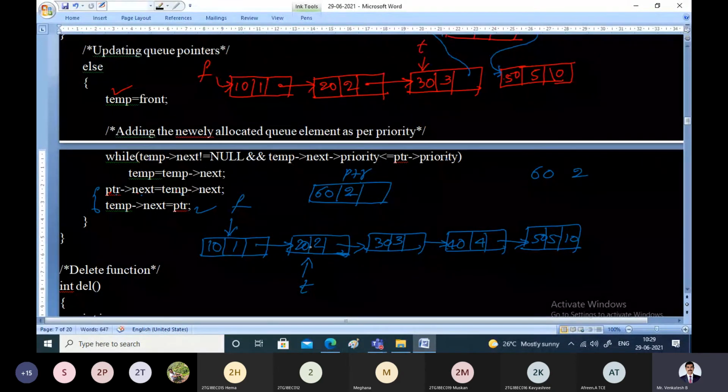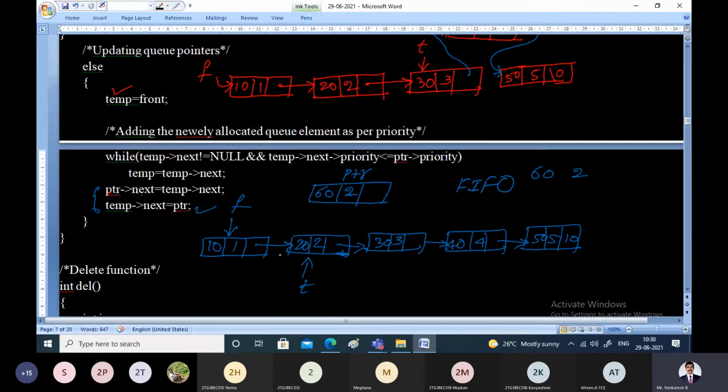That means after this node, we are attaching it, because when two elements have the same priority, they will be processed based on first in, first out order. Which node has entered first? 20 had entered first. That means it will be processed first. So how do we attach?